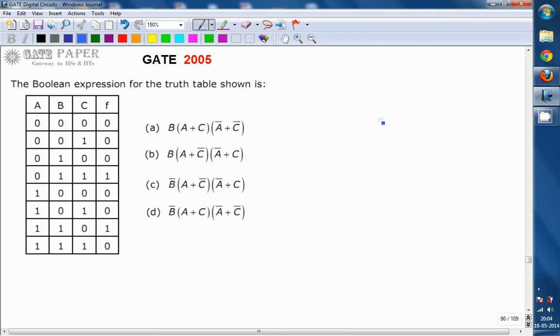Here, these are the minterm equivalents: M0, M1, M2, M3, M4, M5, M6, M7. This can be written as minterms or maxterms. This will be done in two ways, by using sum of products or product of sums. First we will go with sum of products. Case 1, the first method.